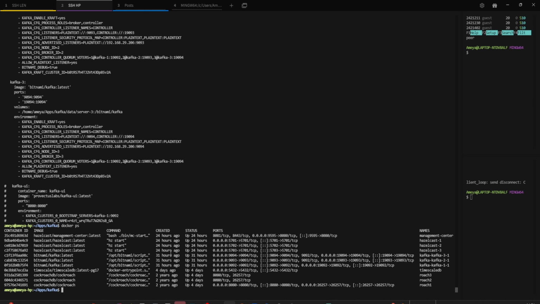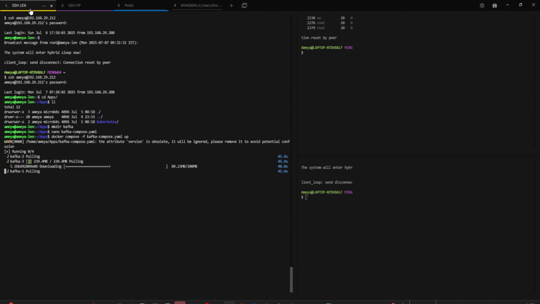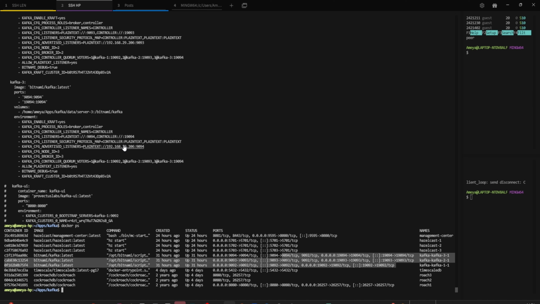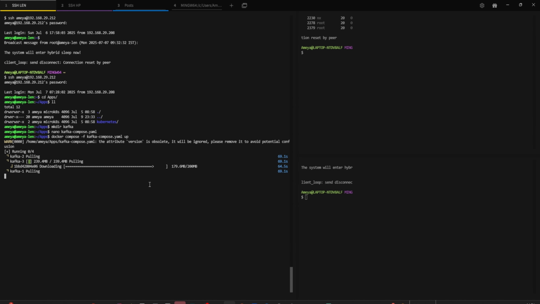So we have three Kafka connected with each other, and I also need to check if any of the settings that I'm missing. But these are the common settings that I found on the internet, and I've put it in here. But I don't know if that replicates. Also, one important thing is that once you have Kafka set up on your server, you need to download